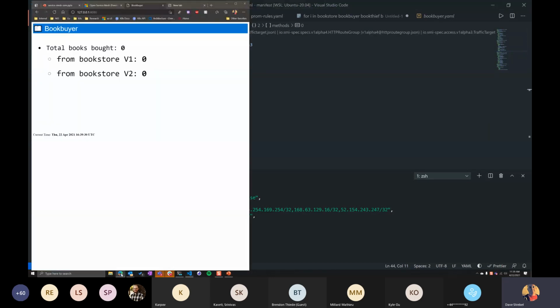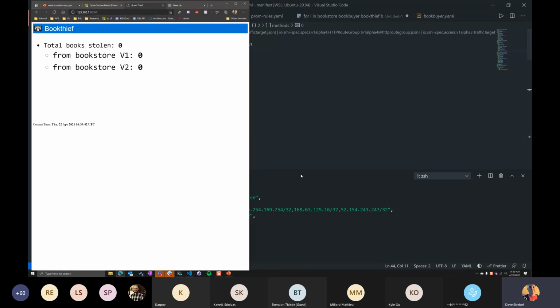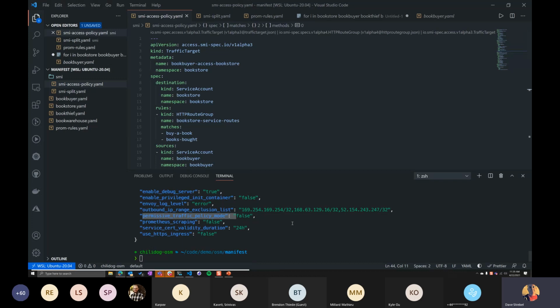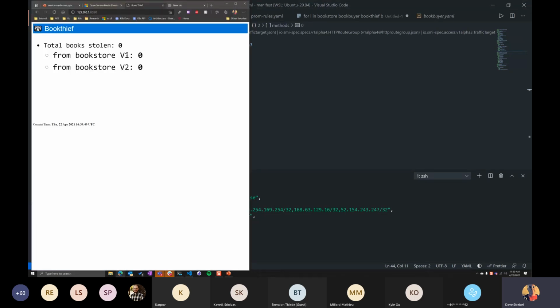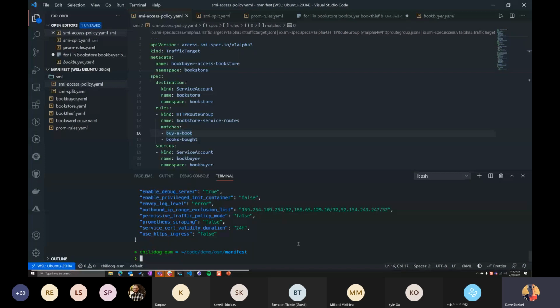So what we should have seen here is a bunch of books being bought. And then on our thief one, you would have seen it stealing a bunch of books. The reason it didn't is because I never changed my policy mode back to true. So the only difference you would have seen in V1, it would all have been the same. It'd be like 120 by now of books bought, books stolen. So now if we go and implement this SMI access policy,